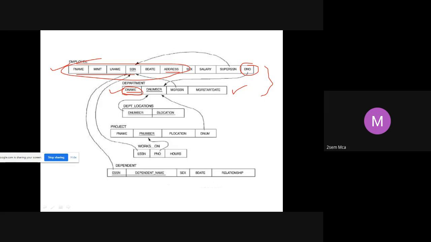But what do we want? We want only the name and address. That's all. I don't want all the columns of employee and department.